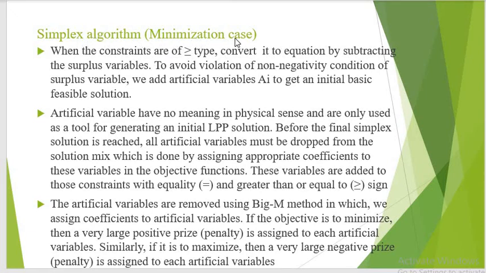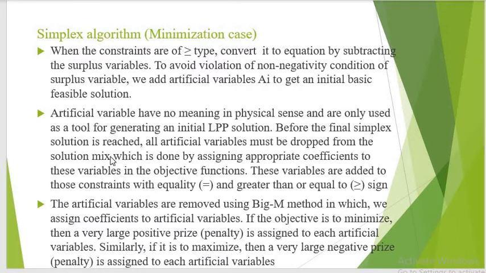Simplex algorithm, minimization case. When the constraints are of greater than or equal to type, convert them to equations by subtracting the surplus variables. To avoid violation of the non-negativity condition of the surplus variable, we add an artificial variable Ai to get an initial basic feasible solution. Artificial variables have no meaning in a physical sense and are only used as a tool for generating an initial LPP